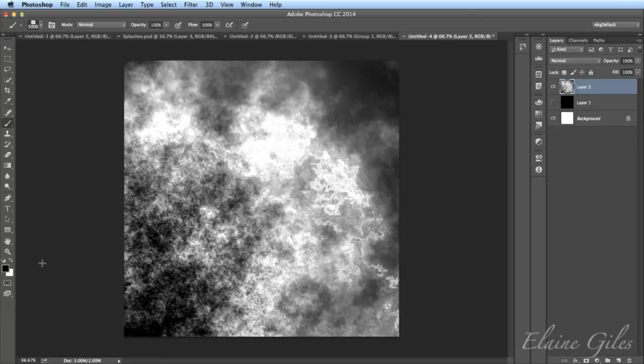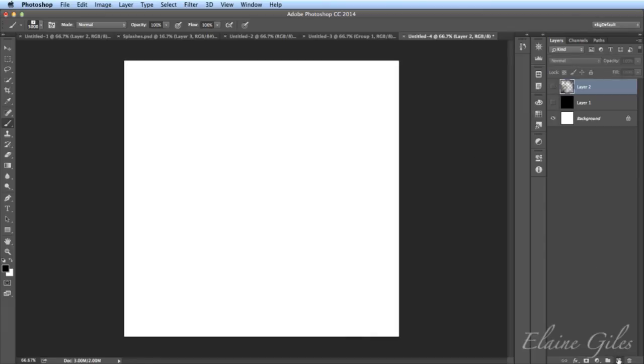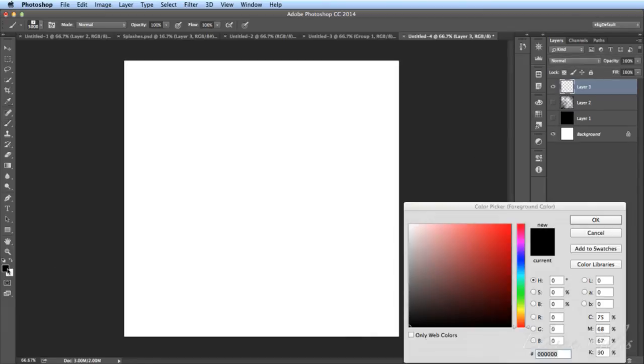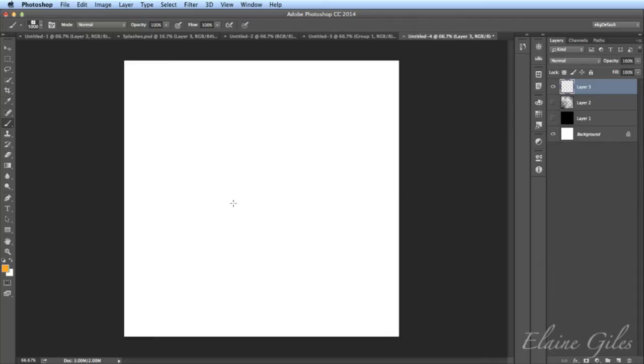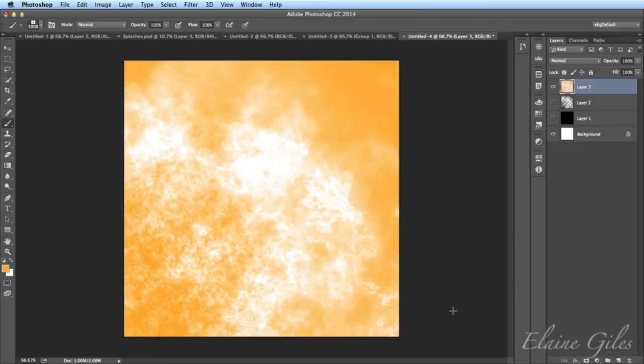Right, so I was saying they were explosion brushes. But they're not exactly exciting because they're not very well coloured. So my first way of working here would be to do what you've seen me do. Just choose a colour. Now it's explosion, so orange would be a good place to start, wouldn't it? So choose that and click on there. And I've got an orange explosion. It's not bad, but it's still not perfect, is it?